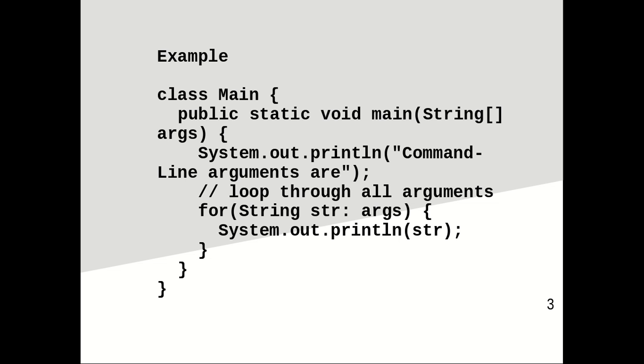Here we want to print all the command line arguments that are input by the user at the execution of that program. So here we use the for-each loop, in which we specify String str as the loop control variable, and then the name of our args array. Then System.out.println will print each element of that args array as a string. So whenever the user provides input to the main method, it will be printed using this array.